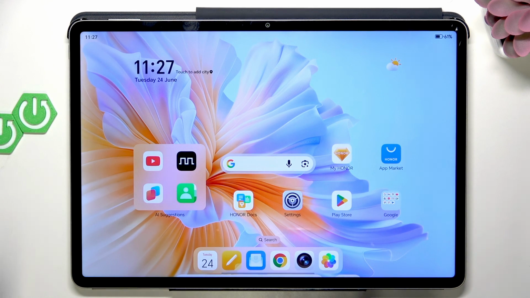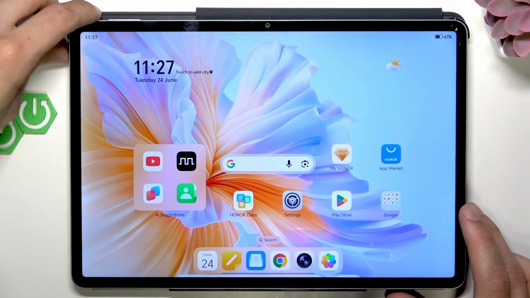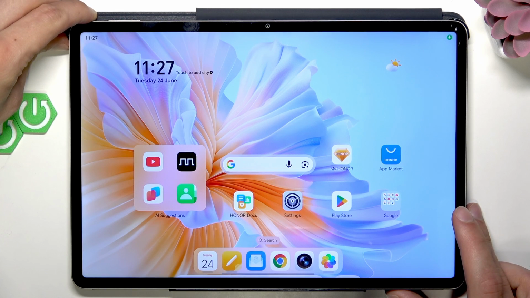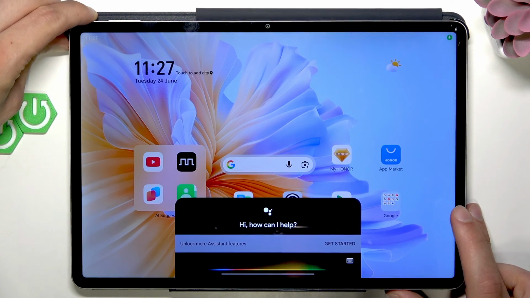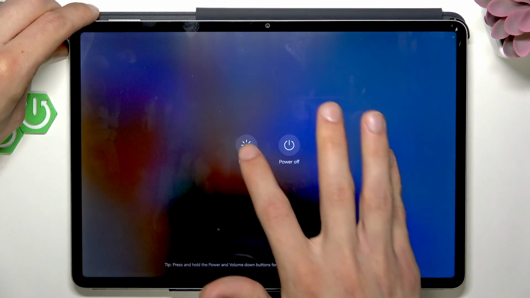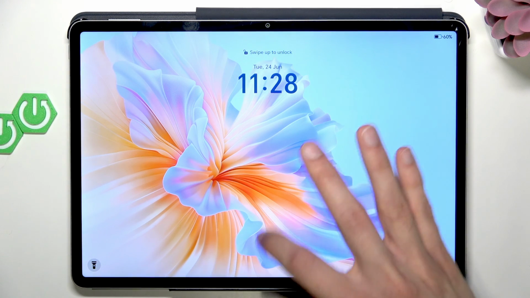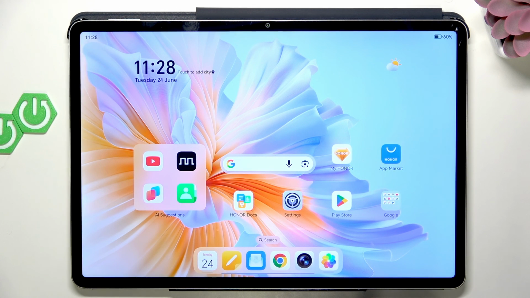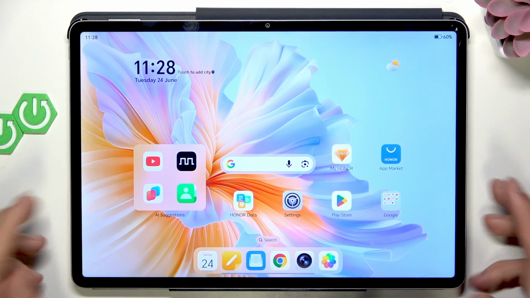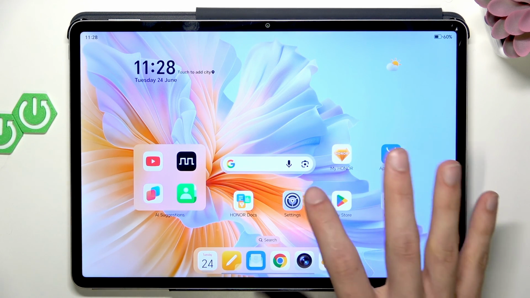and in case your automatic rotation didn't start working again, let's also reboot the tablet by holding down the power key, selecting restart, and then wait for the tablet to reboot, and let's check it once it does. And once the tablet is restarted, you can check the auto rotation again,